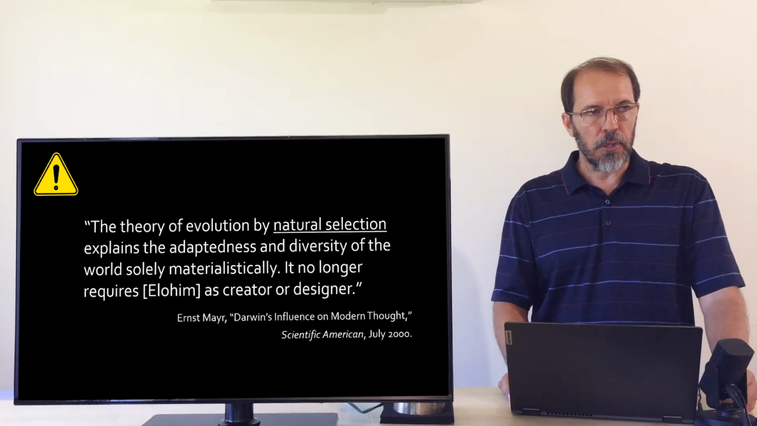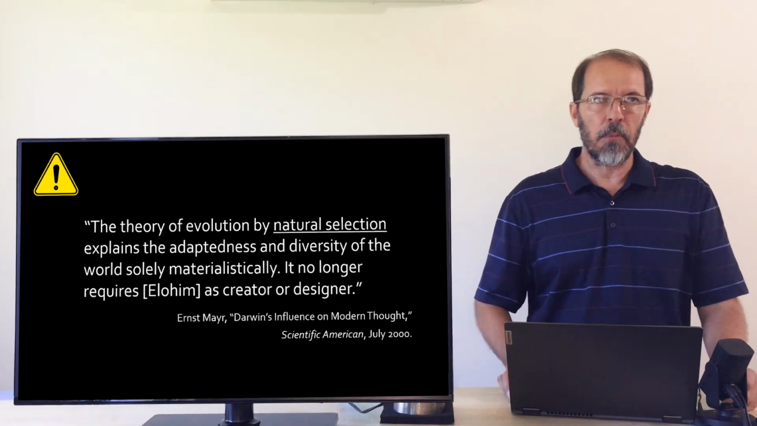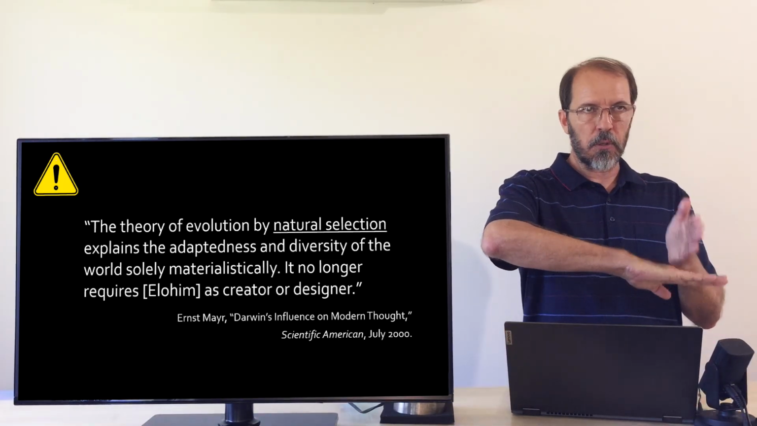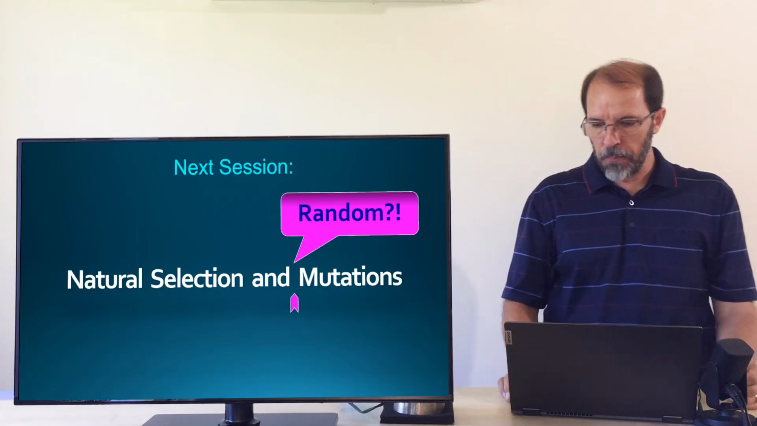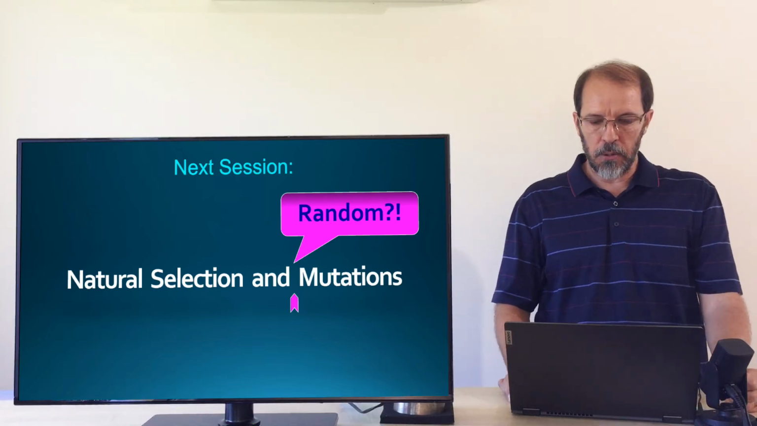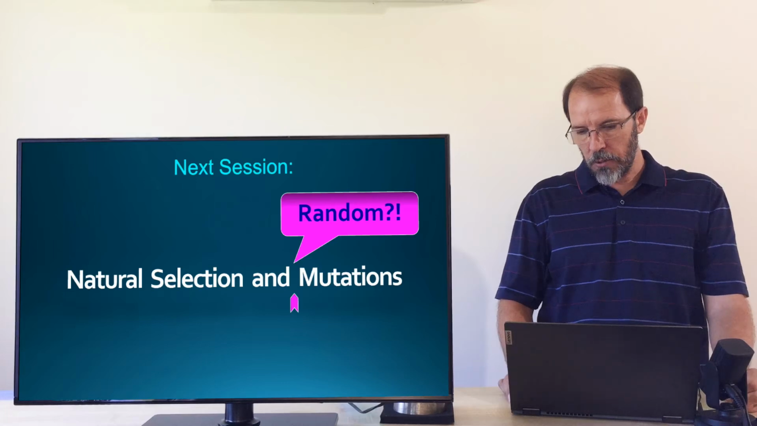Yet the evolutionists kick and scream. No, they say, the theory of evolution by natural selection is the mechanism that explains the adaptedness and diversity of the whole world solely materialistically. It no longer requires Elohim as creator or designer. So the evolutionists claim that the mechanism was natural selection which caused everything to be ordered. And that is why next time we have to talk about natural selection and, take note, random mutations. And so until next time,